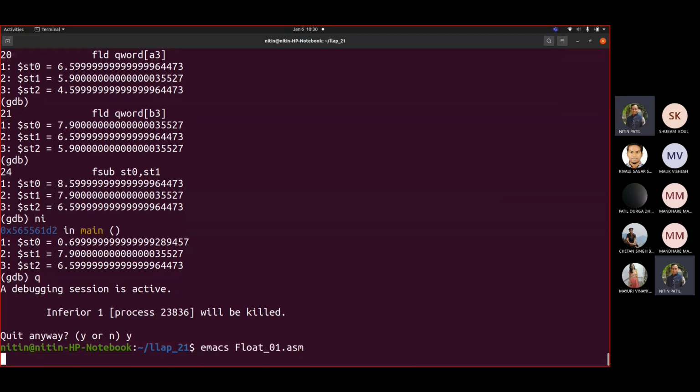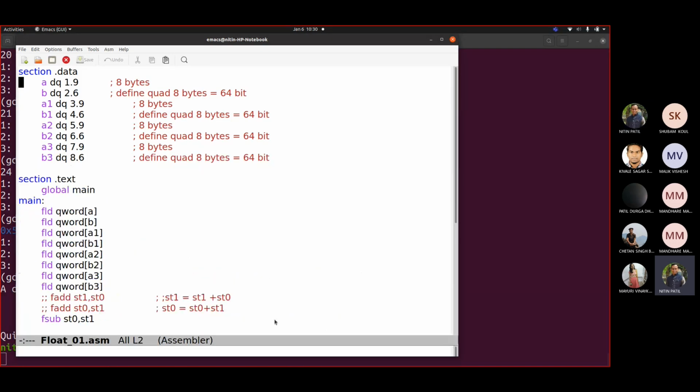Correct? Now if I want the reverse result, I mean to say we had a subtraction as st0 comma st1. So I can write here st1 comma st0. We saw that. But if I want to have the reverse result, but the result should be stored in st0 only. Okay, so let me write this first. So the meaning of it is what? st0 equal to st0 minus st1.